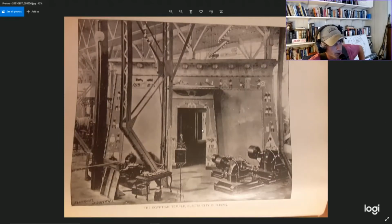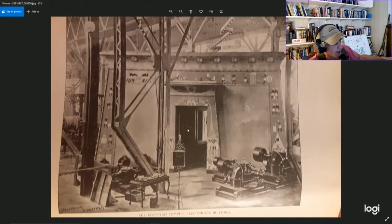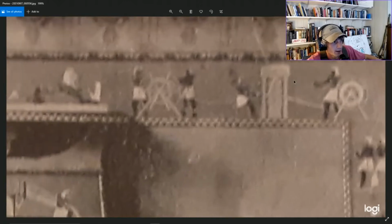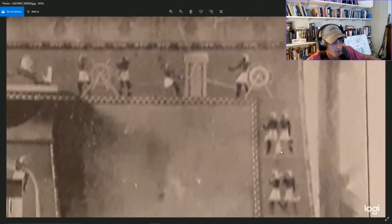Here's a picture of it before I continue reading. So this was the powerhouse where they powered, I'm going to say millions because it looks like millions, but maybe hundreds of thousands of light bulbs that were all over this light exhibition. And you can even see, look at, this is what we just read about. It's a little bad quality, but we have Egyptian figures, hieroglyphs, and they are